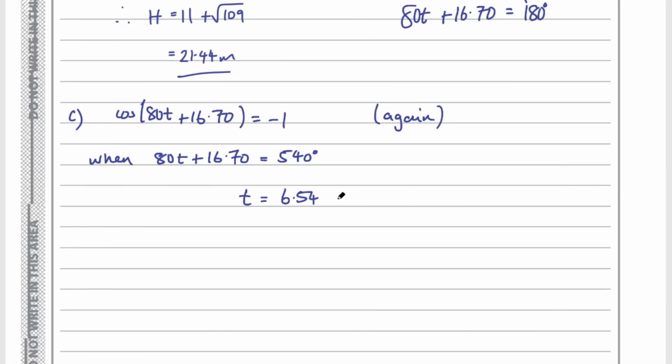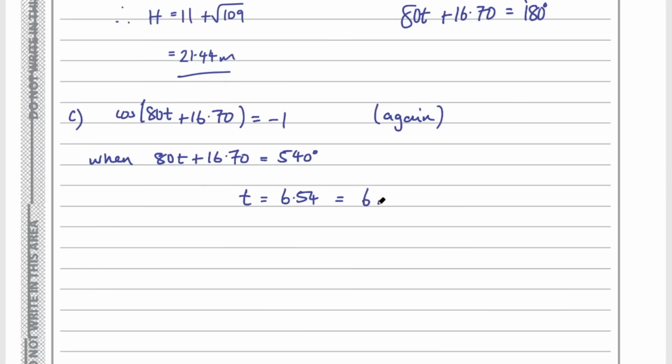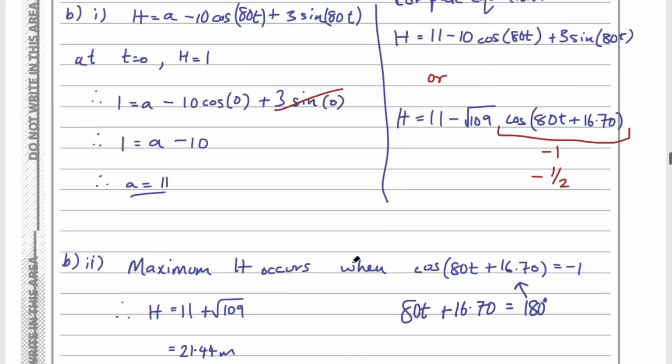as minutes and seconds, we can multiply that decimal by 60, 0.54 times 60, and we get about 32 seconds. So this will be 6 minutes, 32 seconds. Alright, so 6 minutes 32 seconds to reach the peak on the second cycle. And